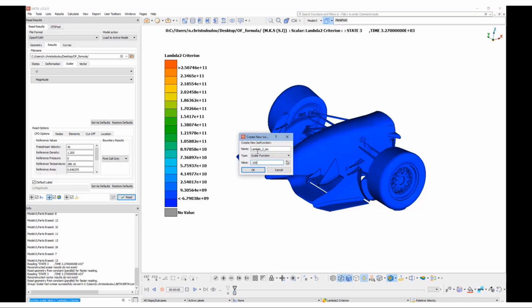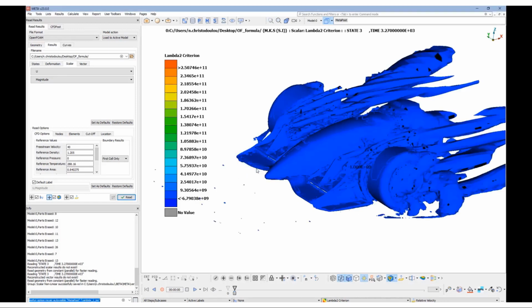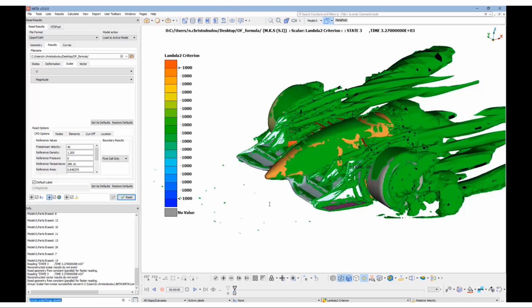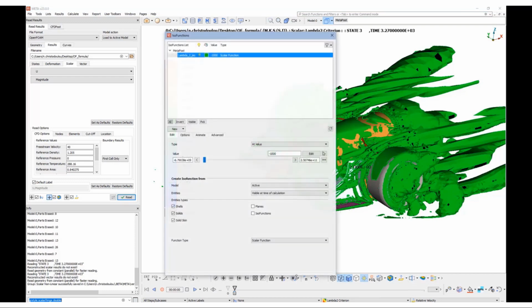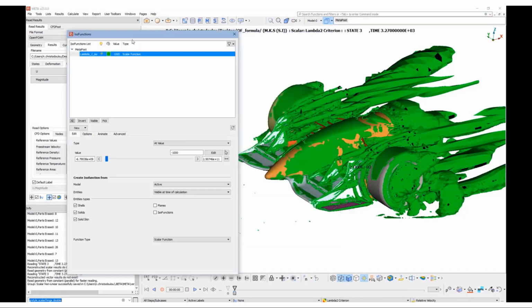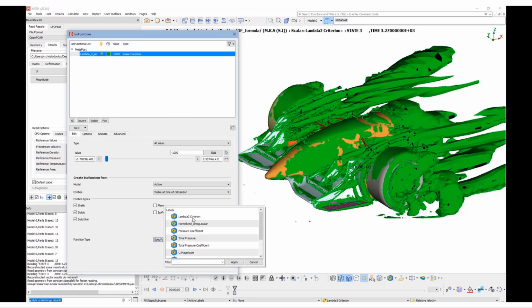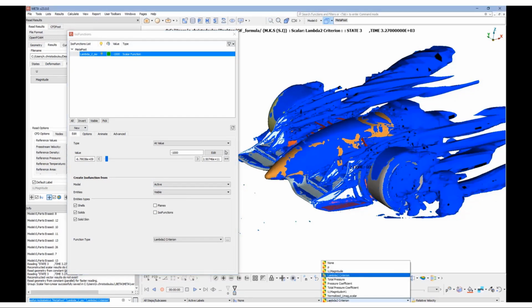So now lambda2 is active, and with a value of -1000, we can identify the vortices around the model. If we deactivate the scalar, we see that the ISO function is colored green by default, and if we enter into the ISO function menu, we can see that we can select the scalar that it will run on. So it's not the active one now, it's always lambda2.